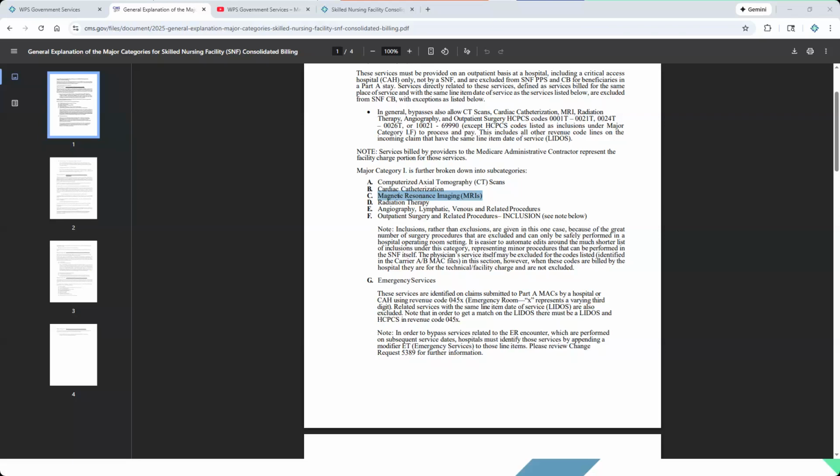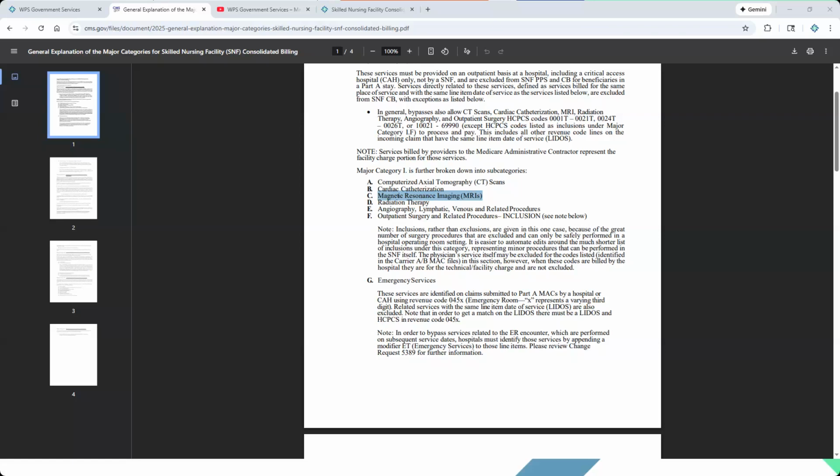I wasn't really sure where this person was going, so I'll say that up front. What type of procedures could be billed while in a swing bed? Pretty much anything can be billed. It just depends on whether or not it's part of consolidated billing, whether that moves them from the swing bed into the hospital bed. I don't really know where to go with that,